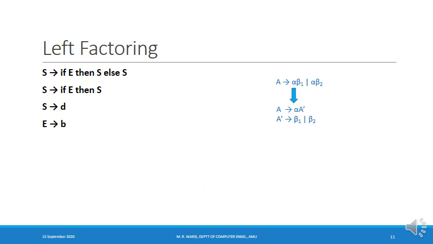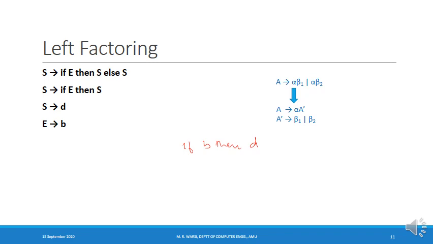Now let's take another example, and this example is about the if then else statement. So the grammar that we have is capital S derives if E then S else S, and capital S derives if E then S. We have considered this grammar earlier in the lecture. And let's say the string that we are trying to parse is this one, if B then D.